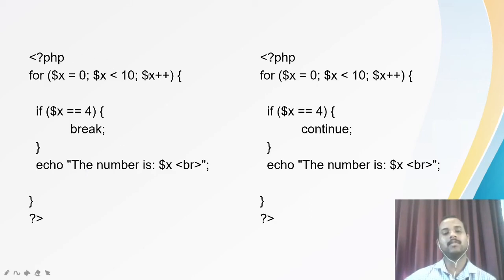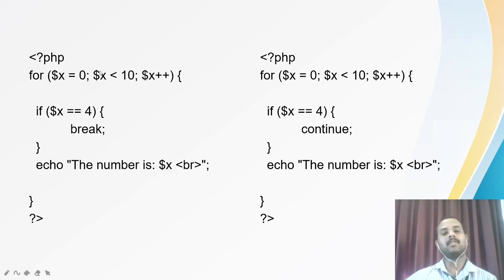Again it will go to the for loop, and now X is 1, which is lesser than 10. 1 is double equal to 4, which is false, so it will come out. The number is 1. Again 2, the number is 2, and 3, the number is 3. Now when it comes back, it will be incremented by 1, right?